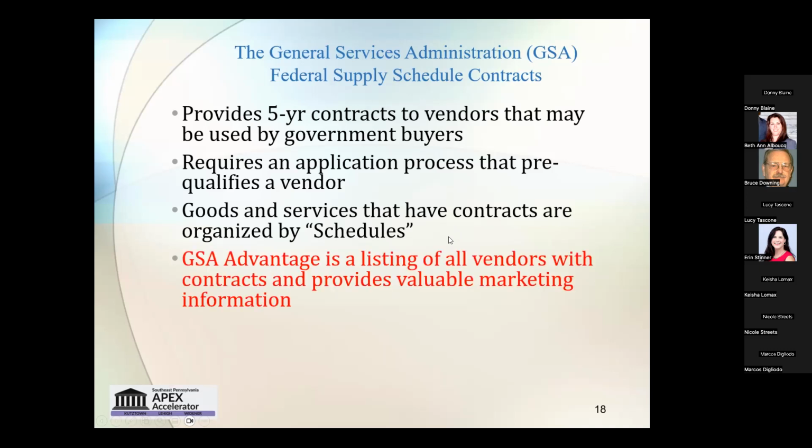Now, even if you're not going to apply for one of those, they have what's called GSA Advantage. Any vendor that gets one of these 5-year contracts has a GSA Advantage listing on their site that is public information. Every vendor that has a contract has their terms and conditions posted on GSA Advantage, because this is sort of like the government